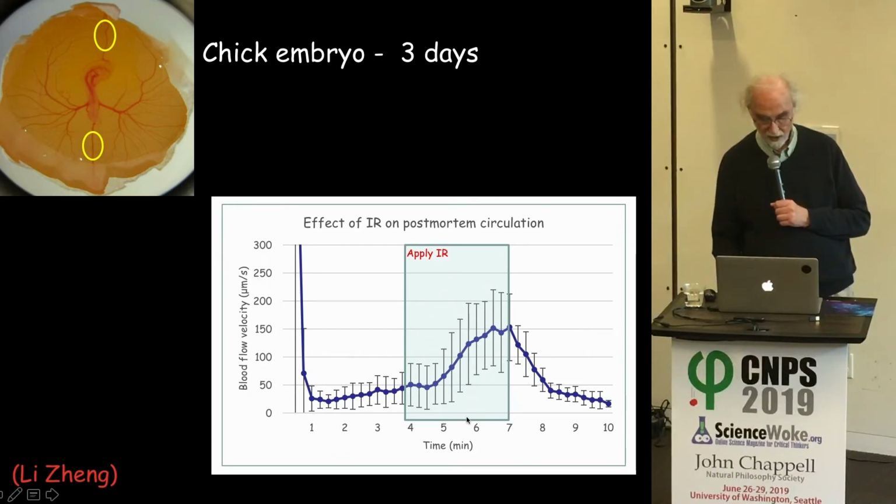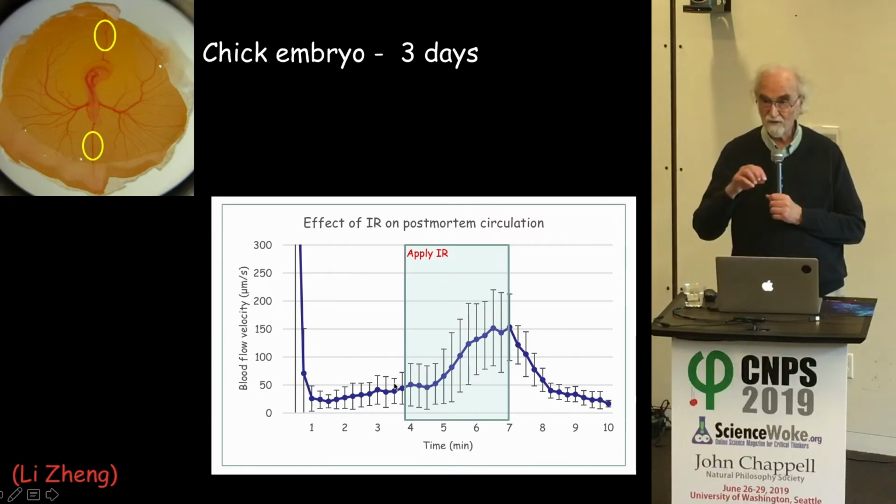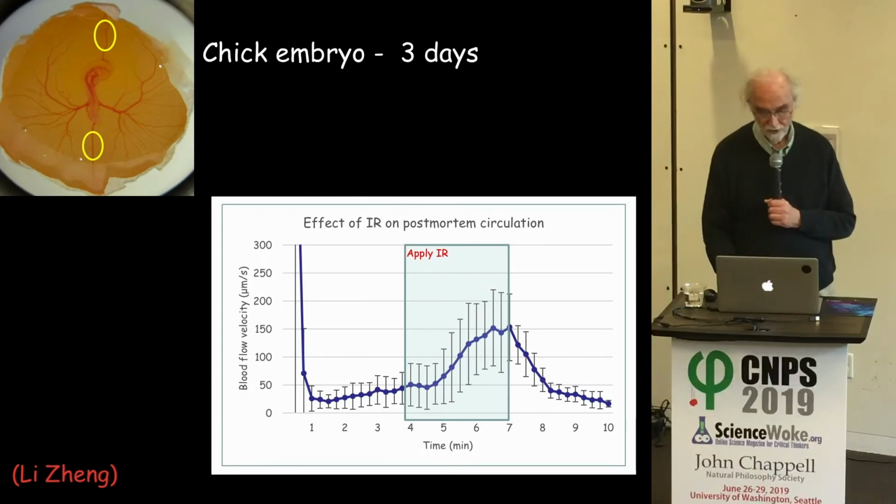So here's time, and here's blood flow. So at time equals 0, he stops the heart, and the flow goes way down, but it's not 0, it continues at some value. And then he wants to test the mechanism that we've been talking about, spontaneous flow, to see if that's what's responsible for driving it. And the signature feature of this is that light, especially infrared, is responsible for this. And you can see the result. Infrared causes the flow to increase by about 3 times. And then when the infrared is removed, it goes back down to the control level.